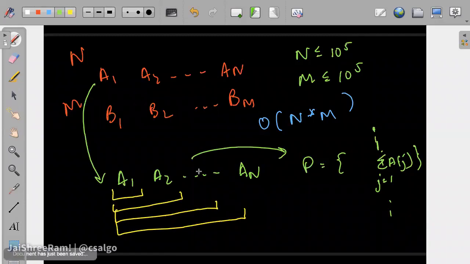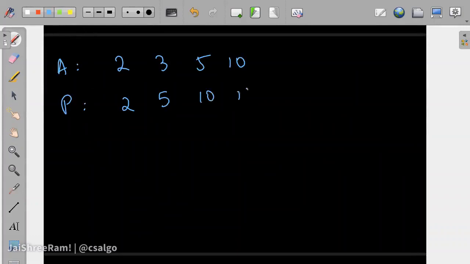Now, in this prefix sum array, we need to check for the last element. Okay, let's take an example and that will make things clear. Let's say you have the element costs to be 2, 3, 5, 10. These are the elements and we have already sorted them. We make a prefix sum of this, so it will be 2, 5, 10, 20. And let's suppose we have a budget of 7.